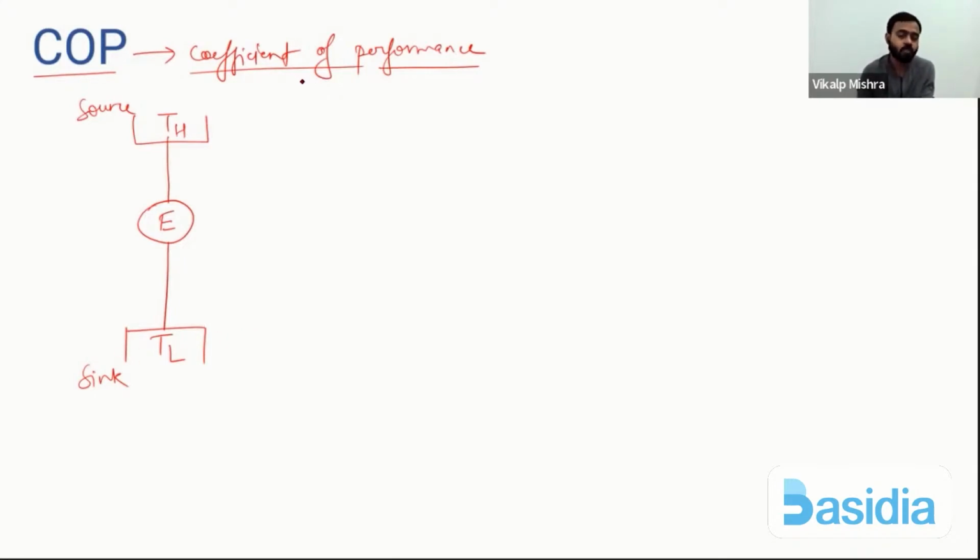ठीक है, तो कोएफिशिएंट ऑफ परफॉर्मेंस क्या होता है, पहले हम लोग देखते हैं एफिशिएंसी कैसे निकालते हैं हम लोग इंजन की, ठीक है। तो इंजन में क्या होता है, हमारा हायर टेम्परेचर से हीट ली जाती है, क्यू इन हुआ, और कुछ वर्क डन होता है, आउटपुट वर्क मिलता है, और थोड़ी सी हीट हमारी रिजेक्ट कर दी जाती है, ठीक है, आउट हो जाती है।